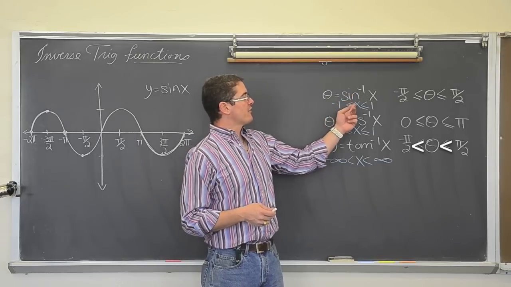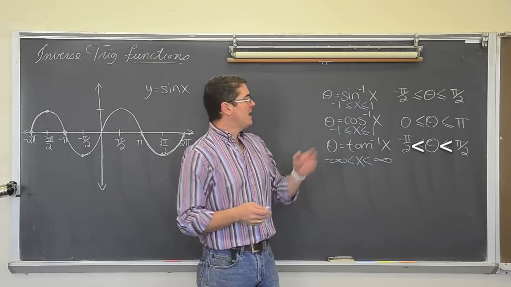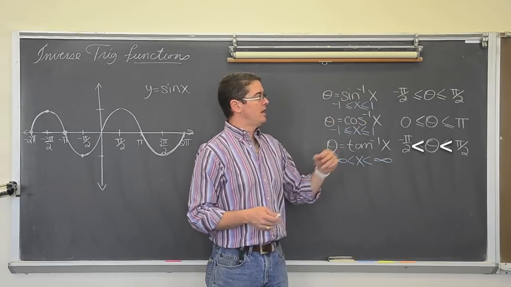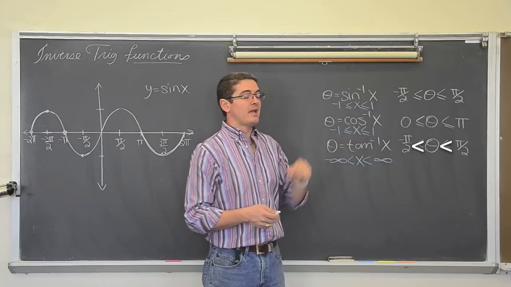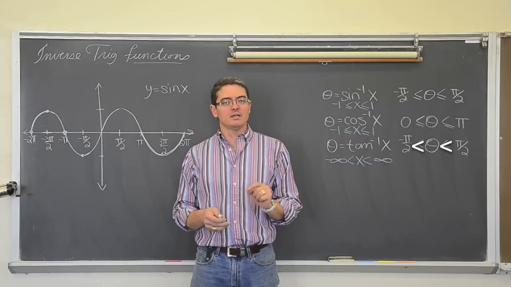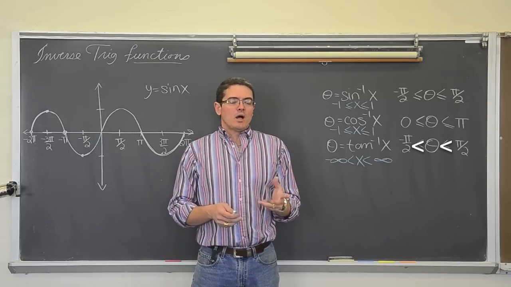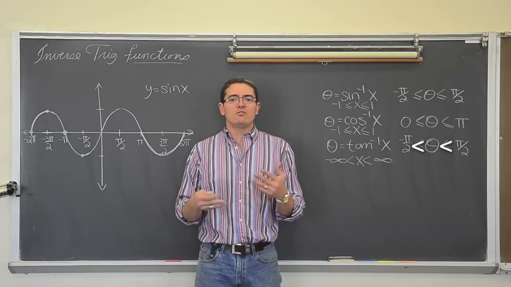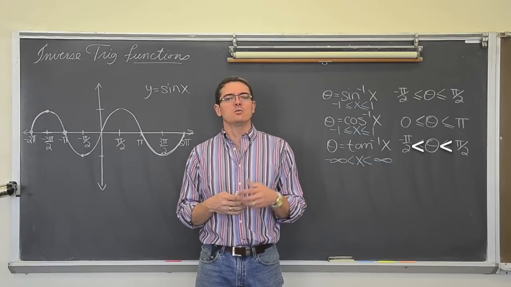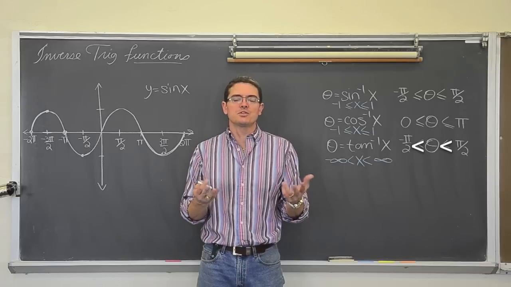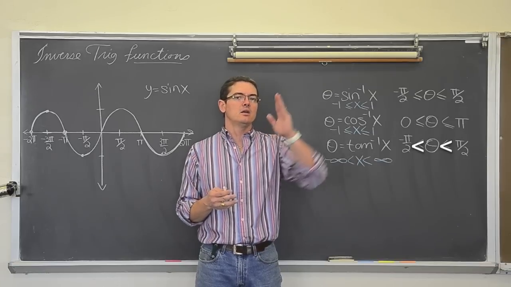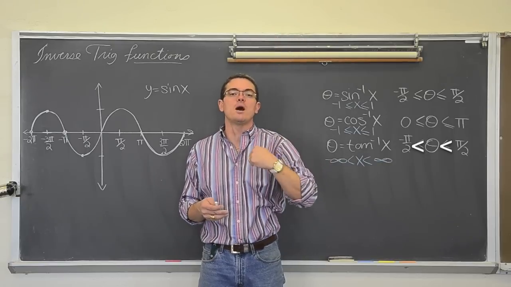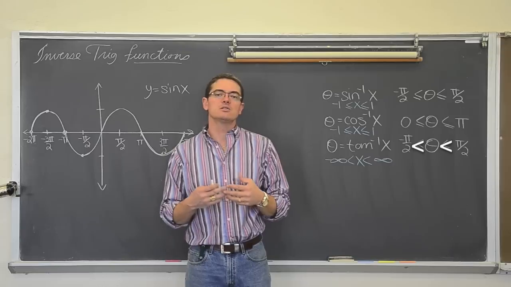So when sine is y over r, you can't have values that are outside the range of negative 1 and 1, or in this case with the inverse function, the domain. You can only plug in values between negative 1 and 1 because, like say, what's the sine of 30 degrees? 1/2. What's the sine of 60 degrees? Square root of 3 over 2. What's the sine of 90 degrees, or pi over 2? That's the largest value for sine, where you rotate pi over 2 radians or 90 degrees. The largest value you can get from a sine function is 1.